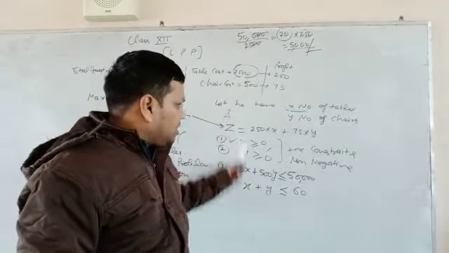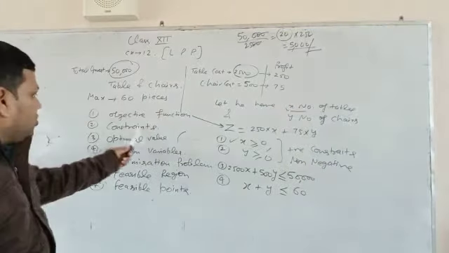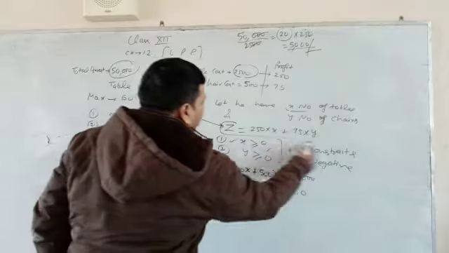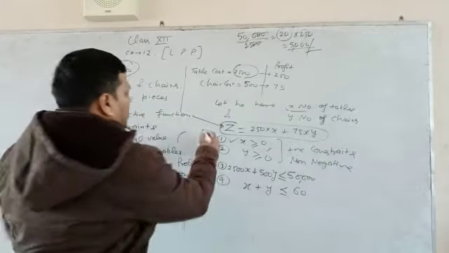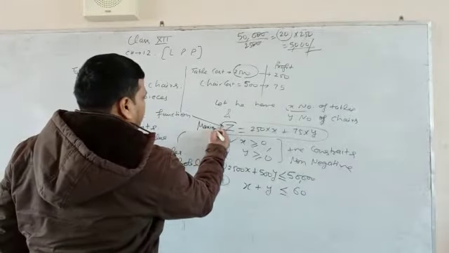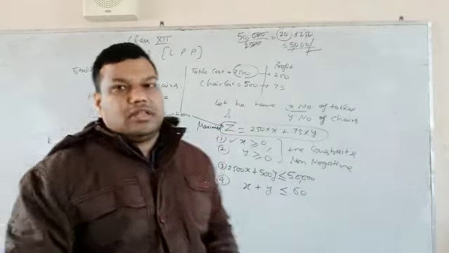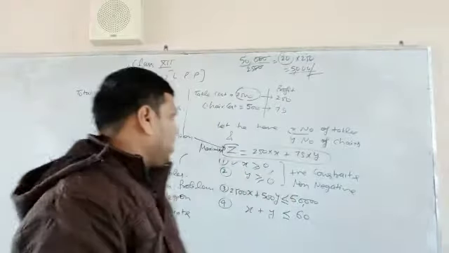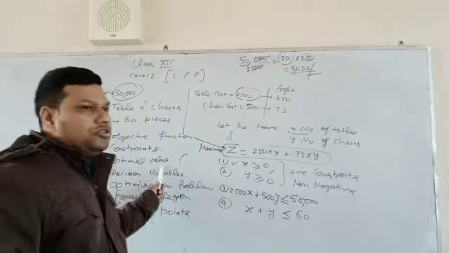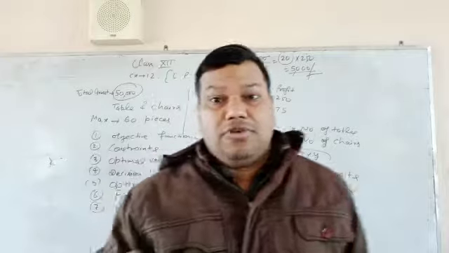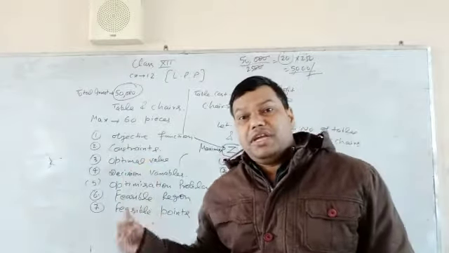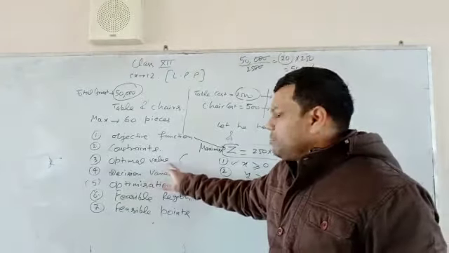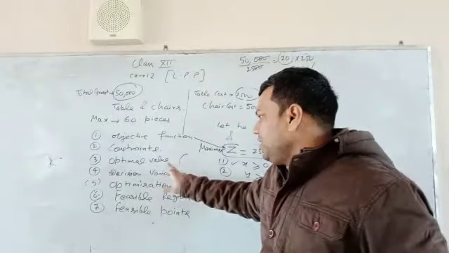Now I have taken this one constant. What is the optimal value? The Z. I have written the objective function. We have to maximize the profit. You already know that in business, profit should be maximum. Everybody knows that. So is the optimal value a minimum value or a maximum value? Here profit is required, so we need maximum value, maximum profit, right?